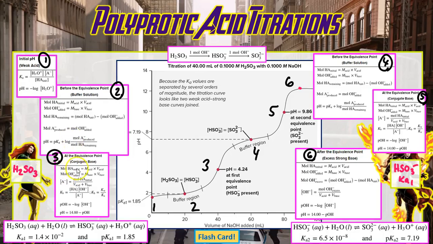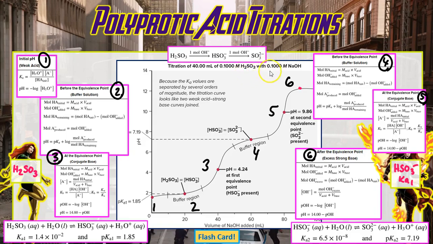Our final titration curve is that of a polyprotic acid. So yes, it looks very alarming, but just know you're going to be able to do these actual calculations in lab with experiment 18, which is coming up soon. Okay, folks? Now, this titration curve is going to represent the titration of 40 mL of a 0.1000 molar H2SO3